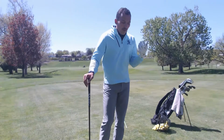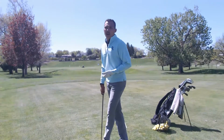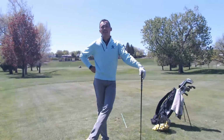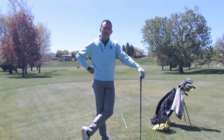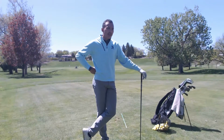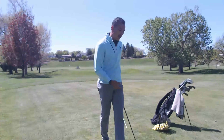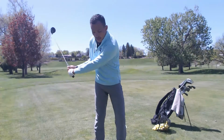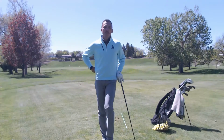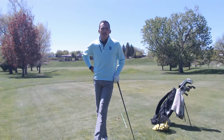So 3-wood, I think, off the ground, I think the biggest thing is up here. Having a mental roadblock of why you can't hit this club is going to be as big a factor to not hitting it as, say, doing something wrong with your swing. Having that confidence is absolutely huge, guys. So don't be afraid to hit those long woods, but